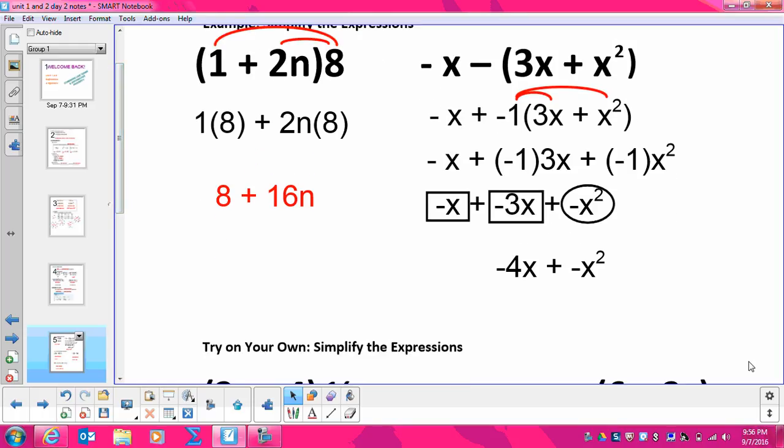But I'm not done, okay? Last little bit is more like a grammar thing. It's not like I'm going to mark you off, but I will give you feedback on it if it happens, okay? It's bad grammar in math to have two signs following each other. So I have a plus sign and a negative sign here. That's not really good math. So what happens is they like to simplify this. A positive and a negative make a negative. Okay, so you just change that to one big negative sign, which means it's a subtraction sign. Where if it was like two negatives, like a minus sign and then a negative, that makes a positive sign. So really my final answer would be, without this 4,